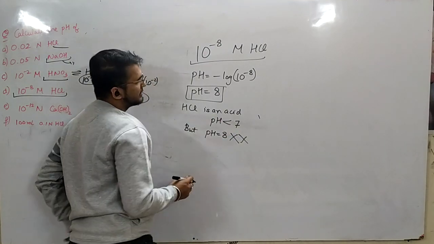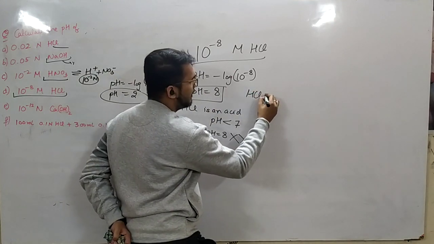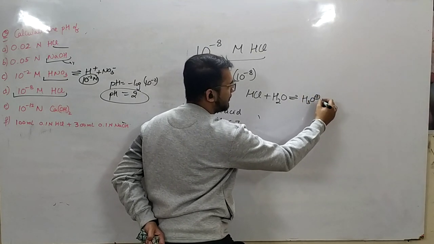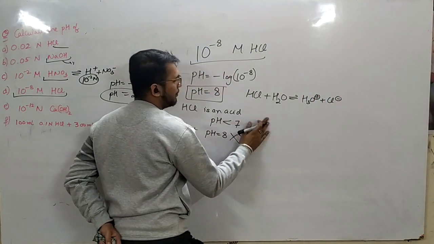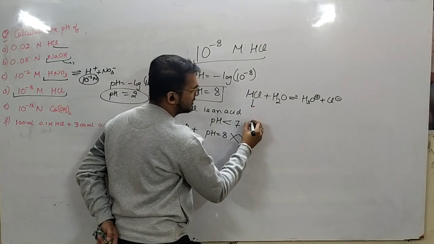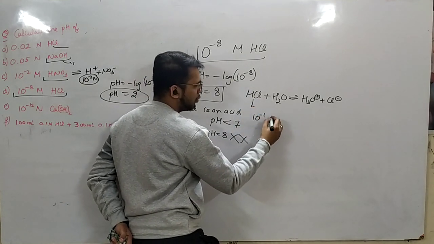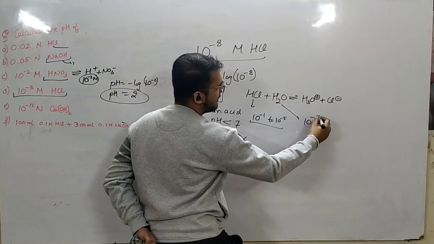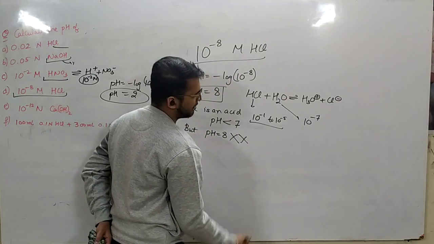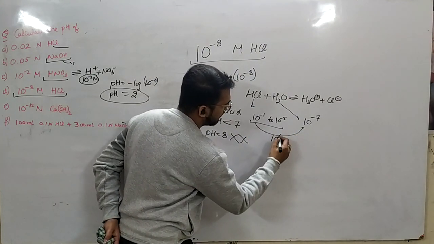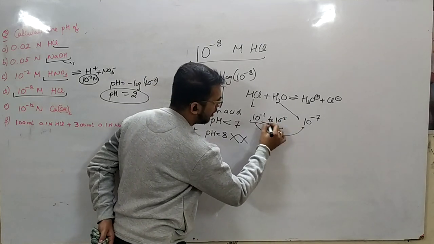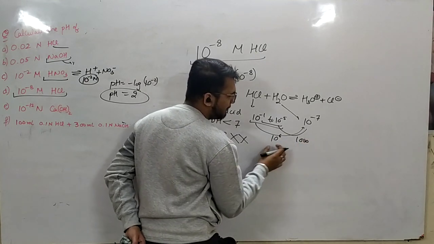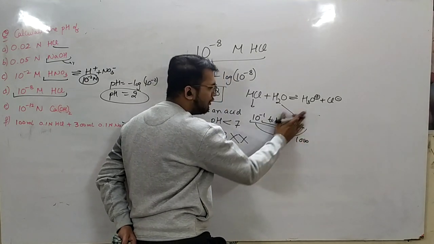So here the catch is that HCl plus water will form H3O positive ion plus Cl negative ion. Now, generally, whenever the concentration of acid is 10 to the power minus 1 to 10 to the power minus 5, and water, which is neutral, gives H positive as 10 to the power minus 7. Now the difference here is 10 to the power 6, about 1 million, and for the above it comes out to be almost 100 or 1000. So the difference is very big, so we generally neglect the value of water.